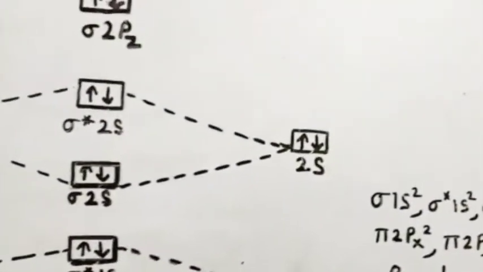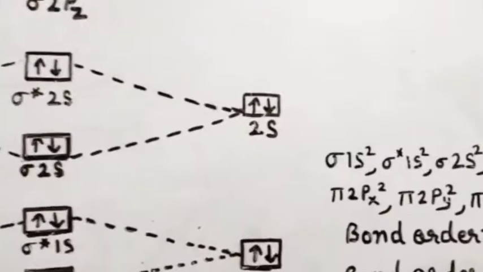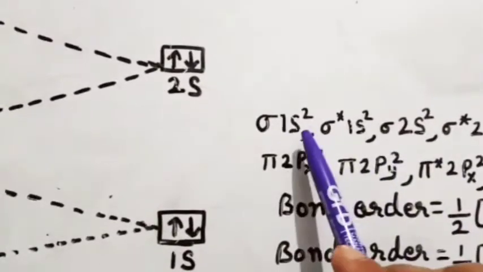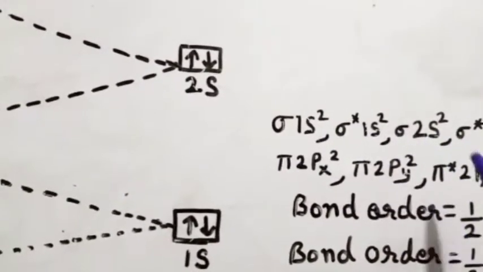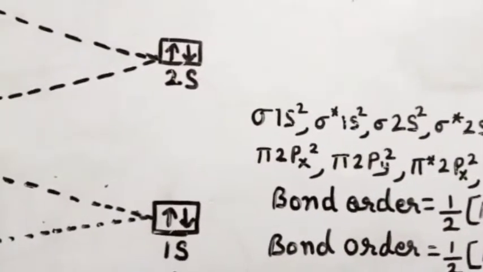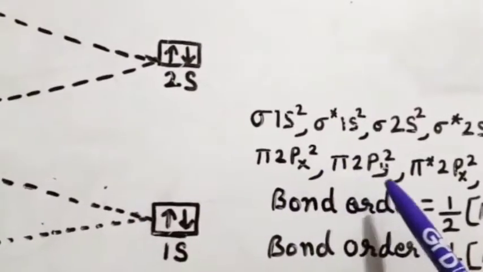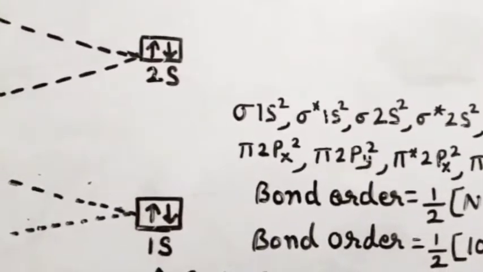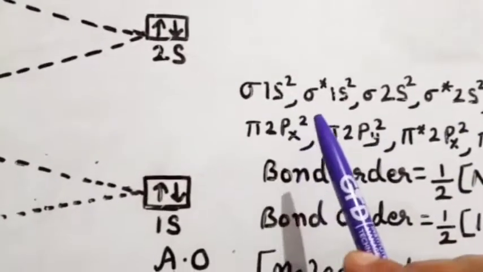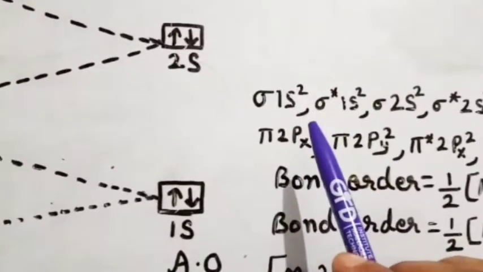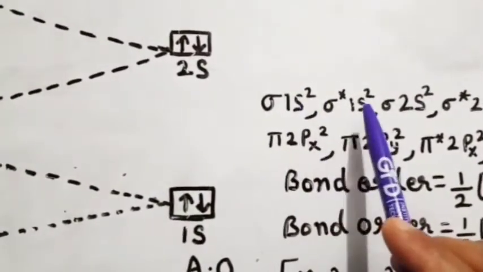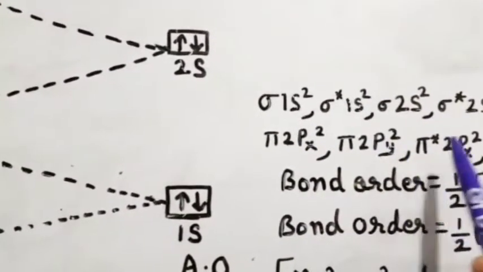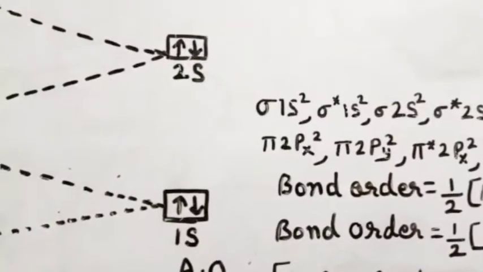If the number of electrons is more than 14, we can use this series: sigma 1s2, sigma star 1s2, sigma 2s2, sigma star 2s2, sigma 2pz2, pi 2px2, pi 2py2, pi star 2px2, pi star 2py2, and sigma star 2pz2. Now we will count that there should be 20 electrons in the molecular orbitals: 2, 4, 6, 8, 10, 12, 14, 16, 18 and 20.